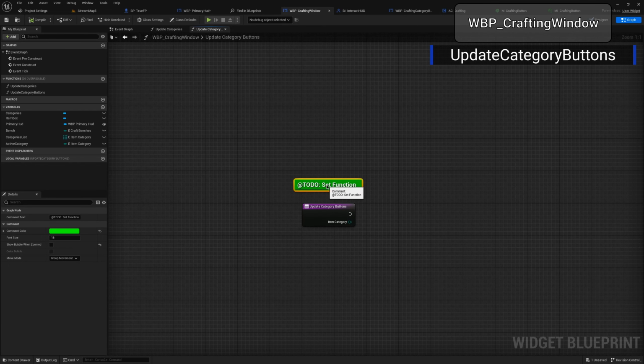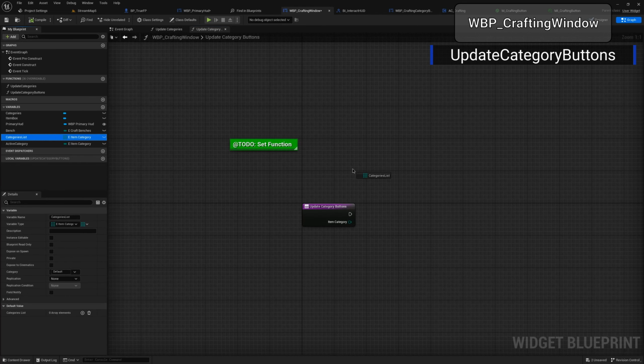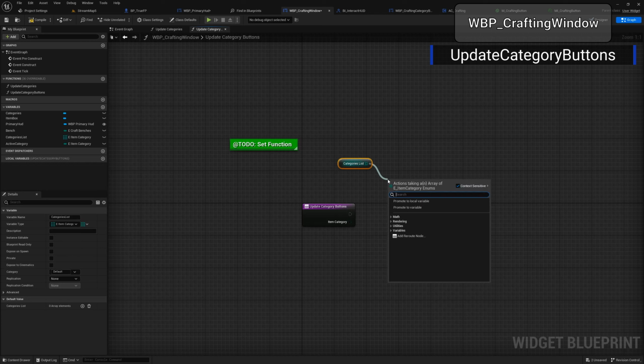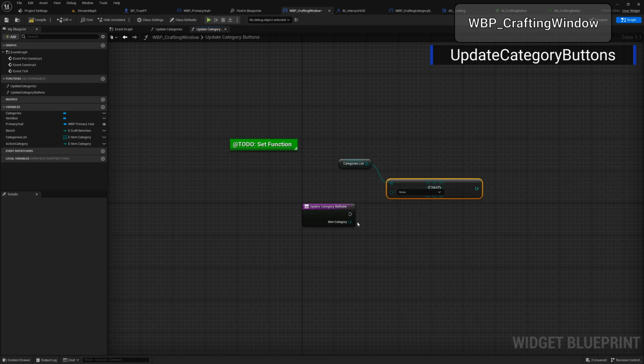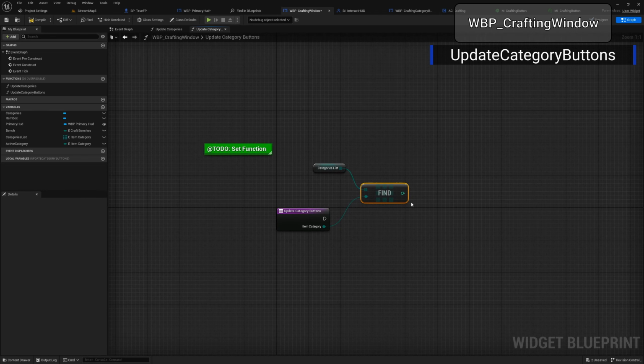So let's go ahead and take our categories list, and we want to find a particular category, and the category is the one we pass in. So we're going to find that, and it's going to give us the index value of where that belongs within this category list. Now, the nice thing about the way we have this currently set up is this index, because we're using the array list and we're starting from 0 all the way down when we're creating all the categories to populate in the list,